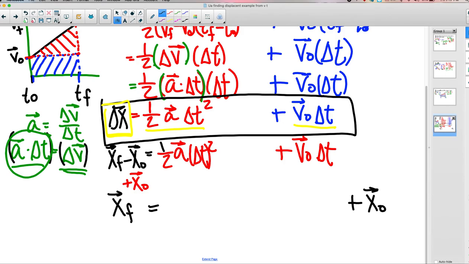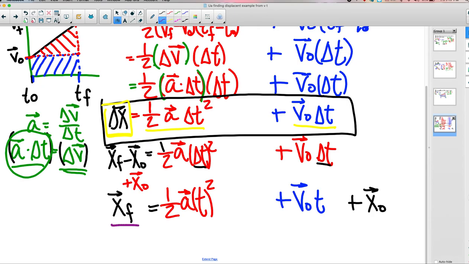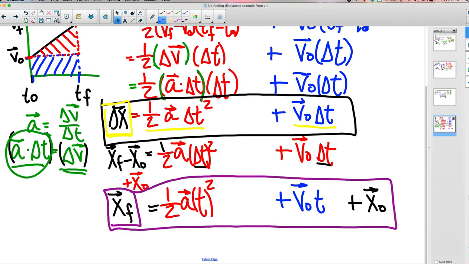But we're not going to be looking at changing clock readings anymore. We're going to be looking at a specific clock reading. So the red triangle of this equation is still 1/2 the acceleration times the clock reading squared plus the initial velocity times the clock reading plus the position at time 0. How is this equation different? Well, this equation helps us find an individual position at a specific clock reading. When what is true? When it's accelerating at time 0, when it has a starting velocity and has a starting